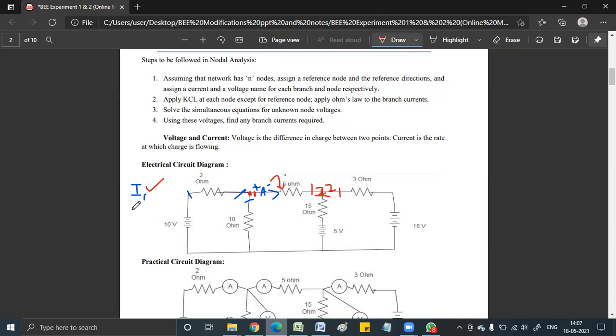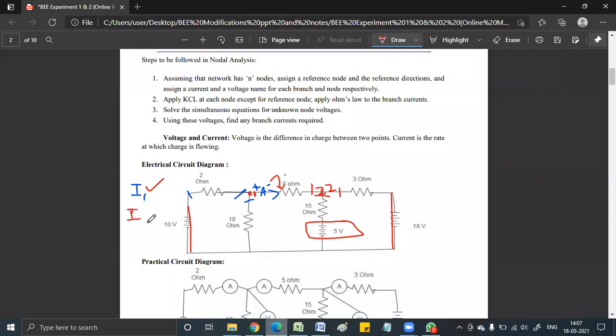I1 is done. So now this work is done. So I'll short this. Right? Next, kya hoga? What is the current through that 5 ohm resistor only when this 5 volt is acting? So the other two sources should be shorted. Is this clear? This is how you do in theory also, no? And this current that you're going to find through that ammeter, I'll call this current as I2. I hope this is clear, students. Yes, ma'am. Yeah, this is how you do in your theory also. So this current over here is I2.